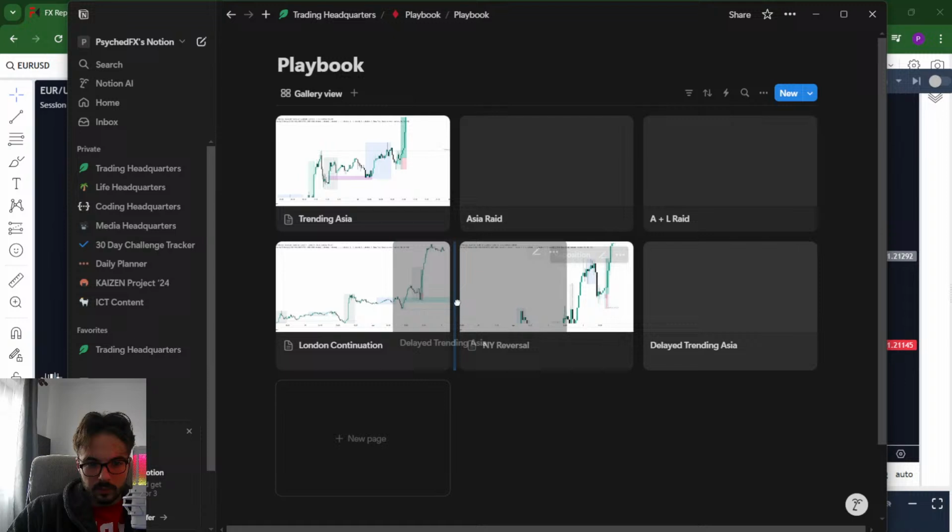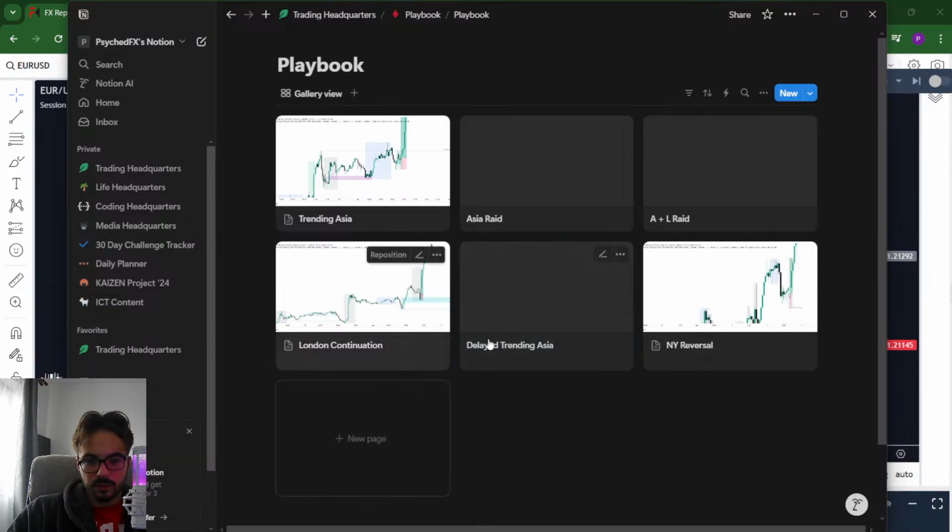But I think maybe like this. Okay, these are both continuation trades. This is a reversal trade. These are both for